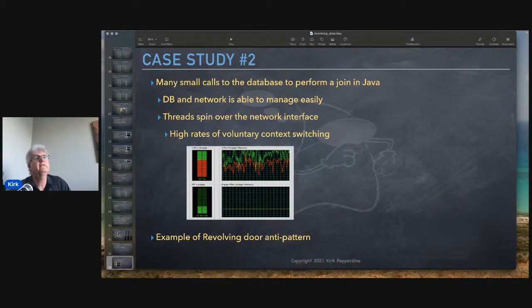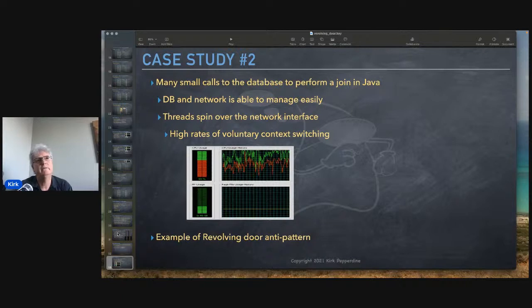In this case, study 2 had many, many calls to the database, basically performing an in-memory join in Java, which, as you know, is a horrible thing to do. The database and network were just able to manage this very nicely. But we basically had threads spinning over the network interface, which means that